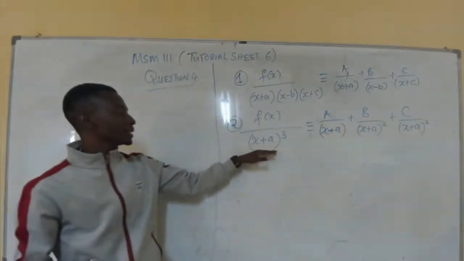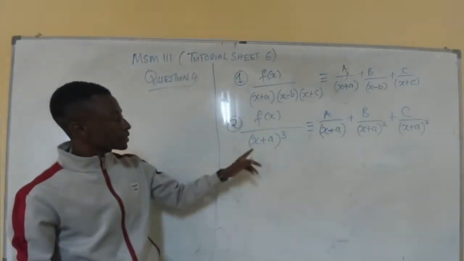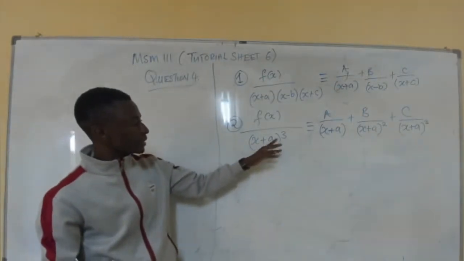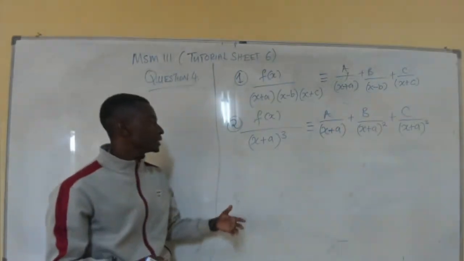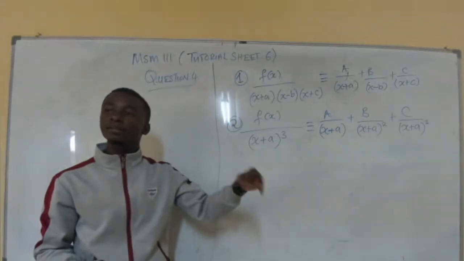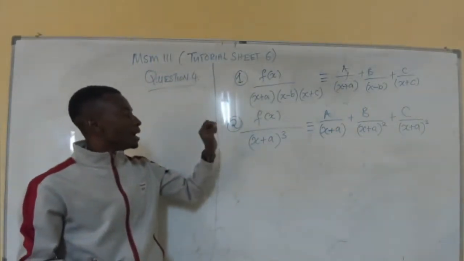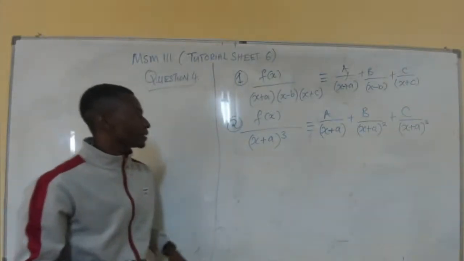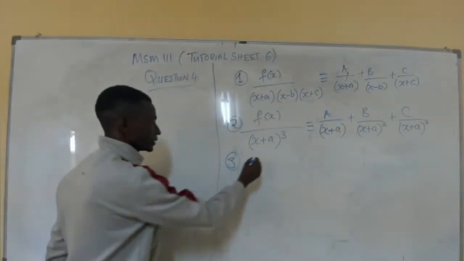Why am I calling this repeated linear factors? Because as you can see, x plus a is raised to the power 3. So what is the meaning of that? It means x plus a is repeating itself, multiplying itself 3 times. So that's the reason why I'm calling it repeated linear factors. So number 3, what I want you to know is